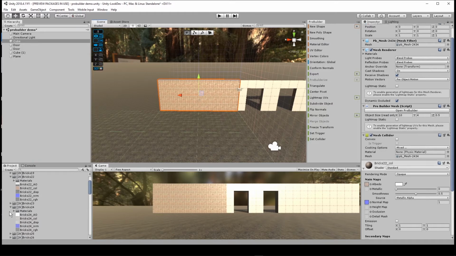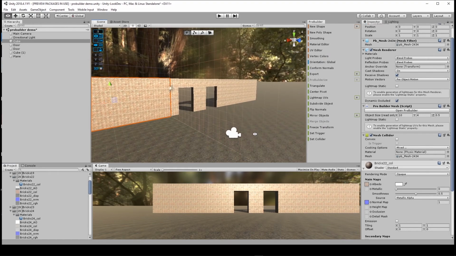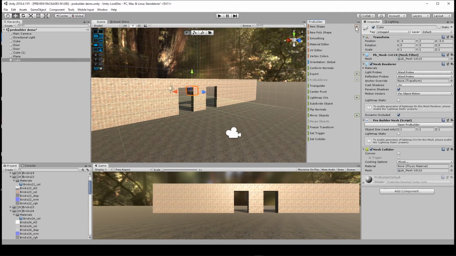So then within that folder, it's actually made a material. So this is the actual material I'm working with. So I don't want to create a new one each time. I can take that material and just drop it onto the other elements in there, and that will match up what we're working with. So this very quickly brings a scene together for me. There's a lot more you can do with this, and you probably will, but